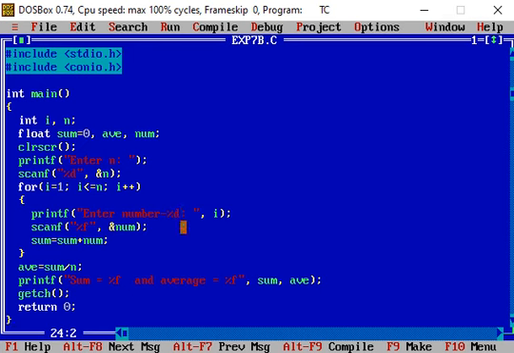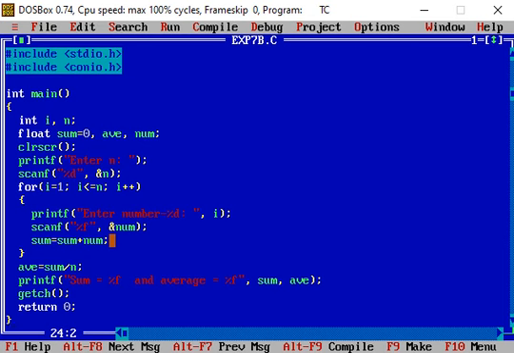Then that 12 is taken by the scanf function and is stored with the variable num. Then the statement sum equal to sum plus num. The initial value of sum is 0 and the number taken in is 12. So 12 plus 0 becomes 12, and it is stored with the left side variable sum, equal to 12.